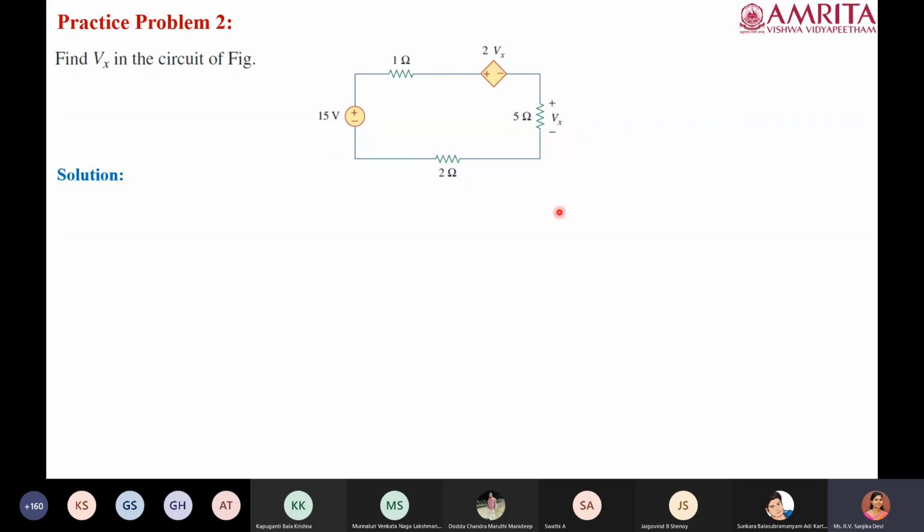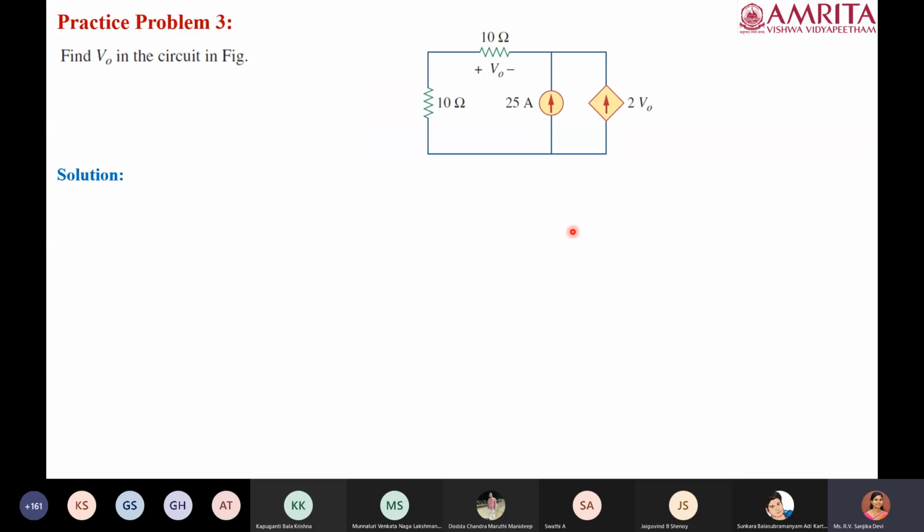Okay, so this is the first practice problem. Here we can see that all the elements are in series, so the same current is going to flow through them. Take a random direction for current, maybe clockwise. Write the KVL equation and relate this Vx with respect to the current. You will get one more equation, and that will help you to solve for the value of Vx. So the next numerical is